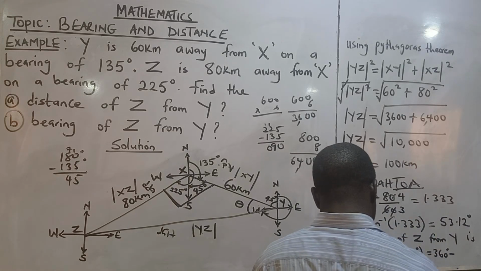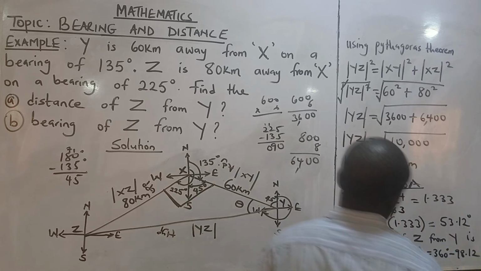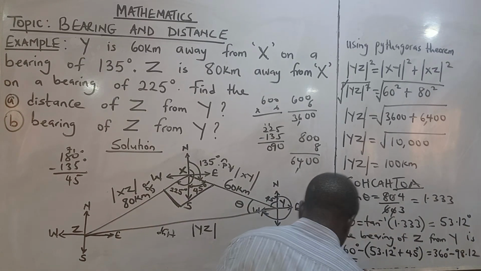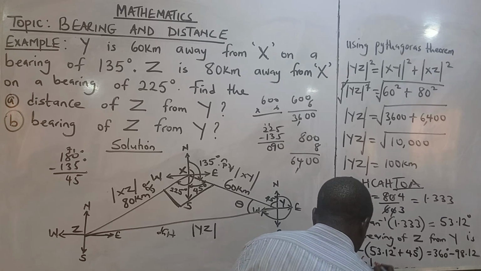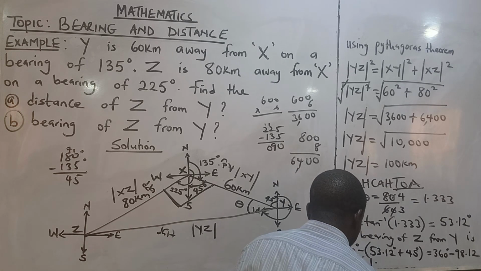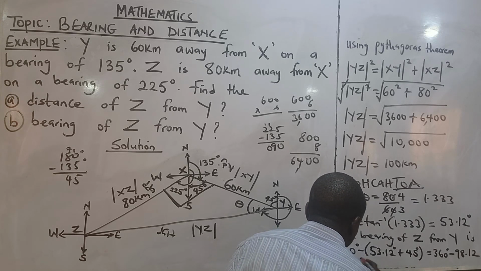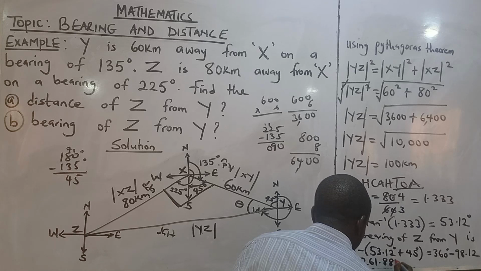When you add the two together, you have 98.12, which equals 261.88 degrees